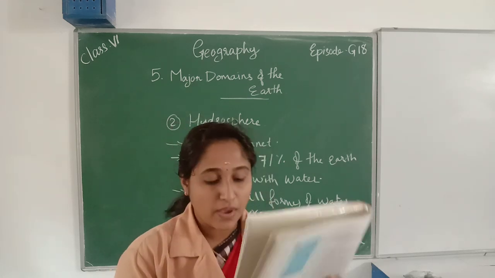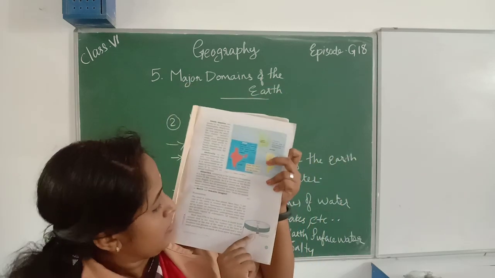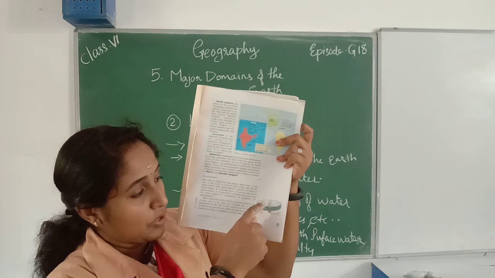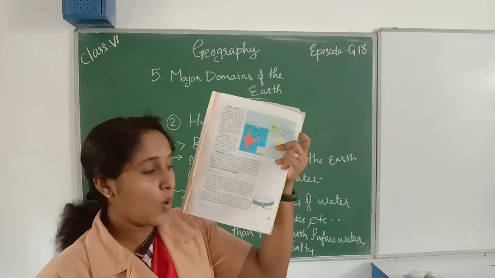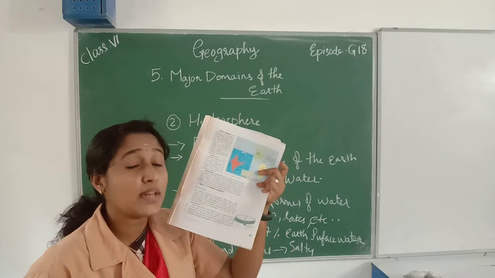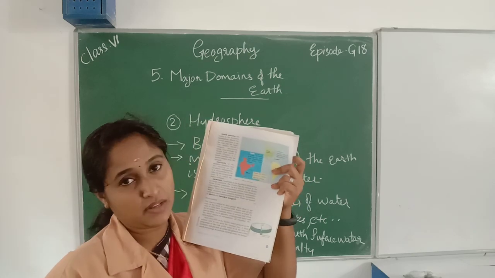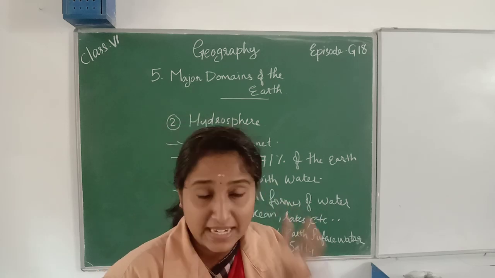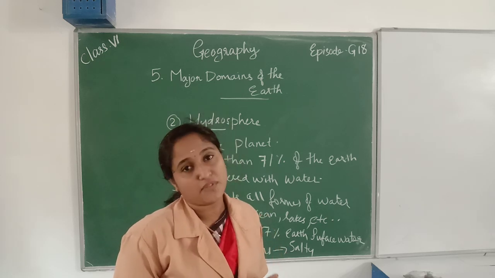Look at your text. This is the figure of water on our Earth's surface. Look at this. 97.2% of water is found in oceans and only 0.03% of water is fresh water. That is the water we are using, the fresh water. So the percentage of fresh water is very, very small, right? So we want to protect our fresh water. We do not waste our fresh water, right?